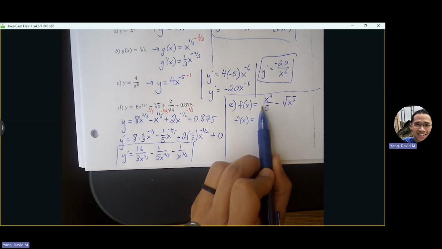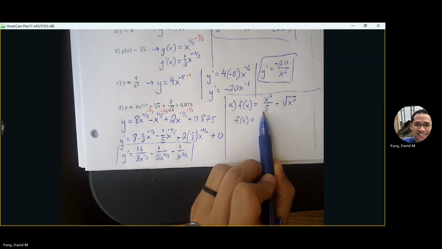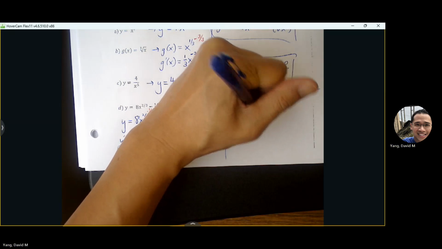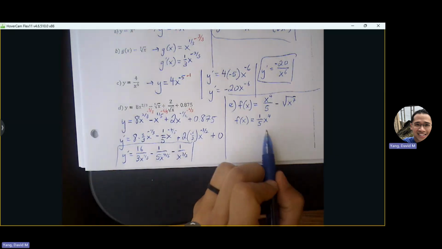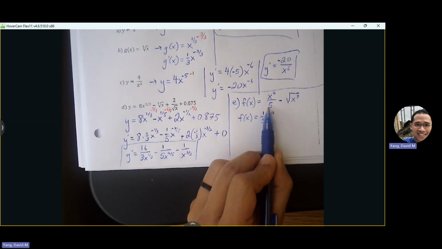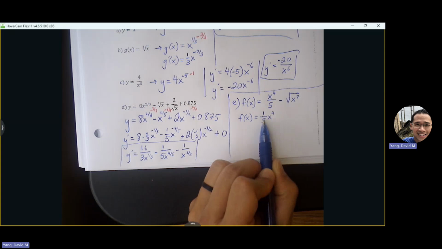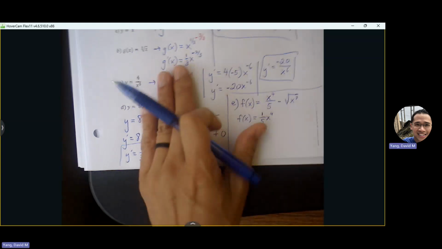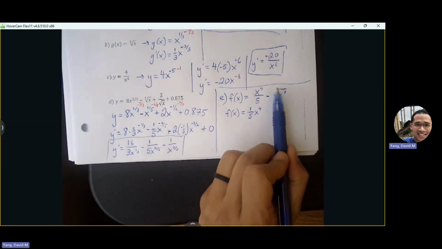Dividing by 5 is the same thing as what? Multiplying by 1/5. So if I just pull that 5 out as a 1/5 x to the 4th, then it becomes a lot cleaner. It feels like just some number. It just happens to be a fraction, rather than looking at this denominator going, what do I do with this number? So I want us to get into a habit of, now if you don't want to do that, that's fine. But I think visually, many students have an easier time looking at a number in front rather than a number below under the variable. And next up, this radical students have trouble with in terms of getting into a rational